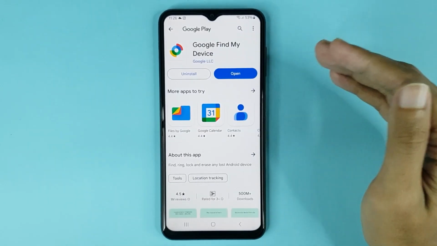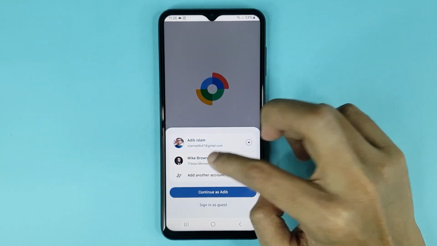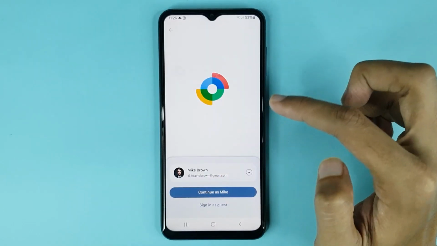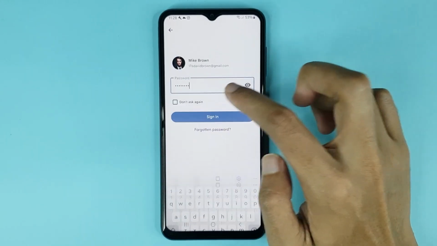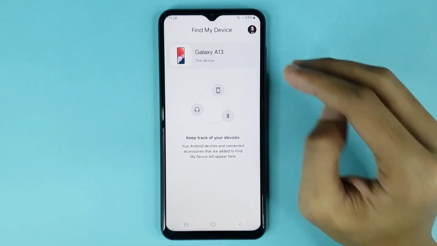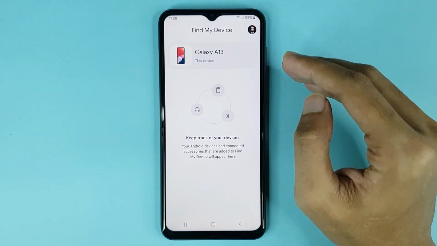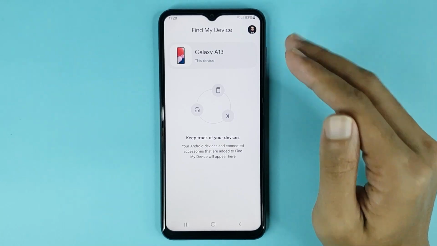And the download is complete. Now just open the app. Then choose your Gmail address, then tap on continue, then type your password, then tap on sign in, then tap on accept, and here it is. Now Find My Device has been enabled successfully in your phone. And that is how you can enable Find My Device in your